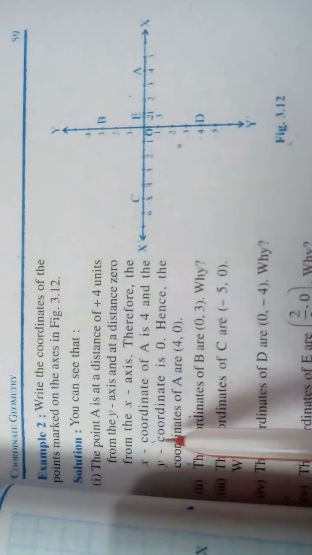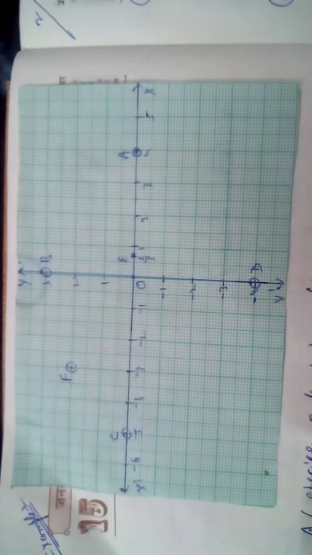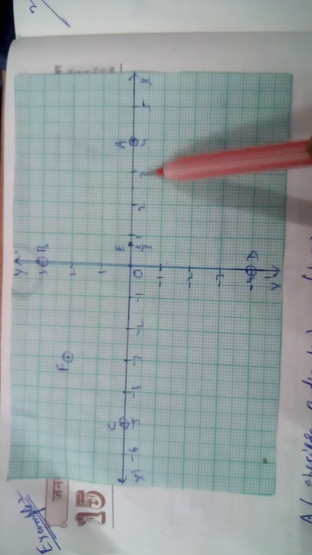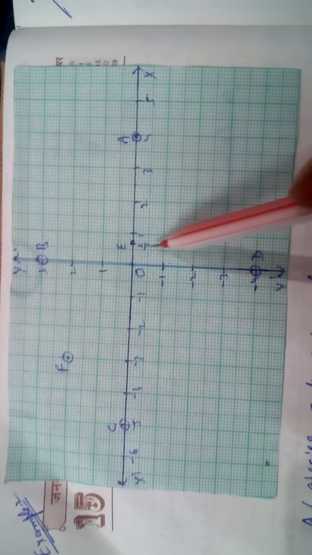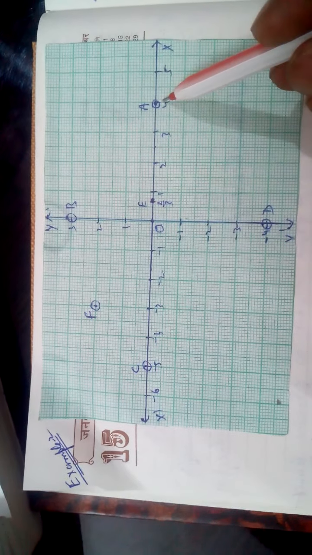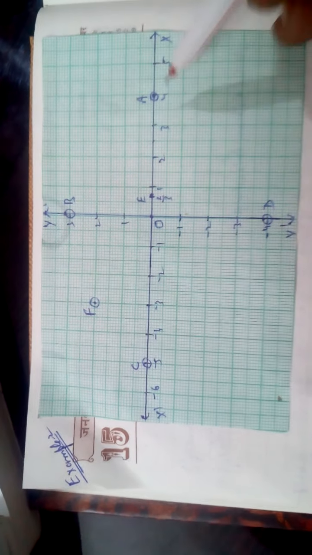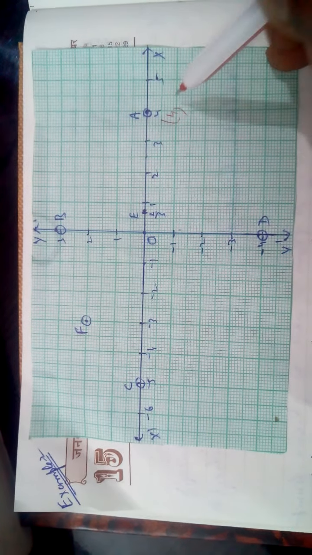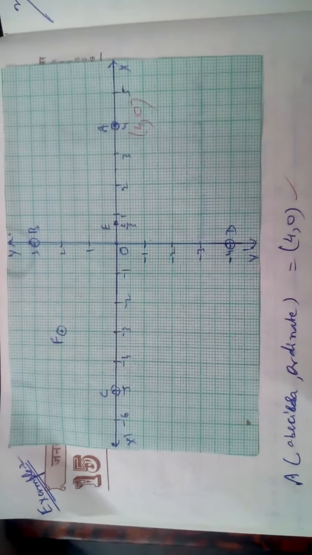So Example number 2 is given here. There is a figure given, and you want to write the coordinates of the points A, B, C, D, E. First of all I have drawn the figure x dash, y dash, and plotted 1, 2, 3, 4, and here E is given as 2/3. So what is the coordinate of A? Where is A? A is here, abscissa comma ordinate. The abscissa is 4, but y is not there. On the x-axis, what will y be? 0. So 4 comma 0.